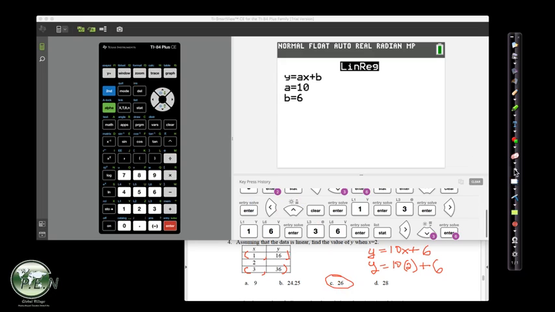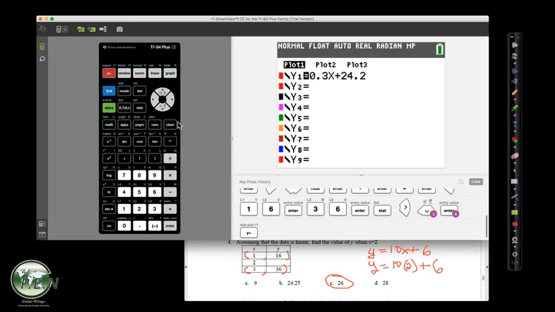The other way, which is good practice, is we can put this equation into the y equals part. Let's clear out the old one. And I'll show you another way to turn plots off, because sometimes plots can cause problems. I arrowed up and I'm going to hit Enter. I just turned my plot off because it's just good practice to do that. And then again, I'm going to enter